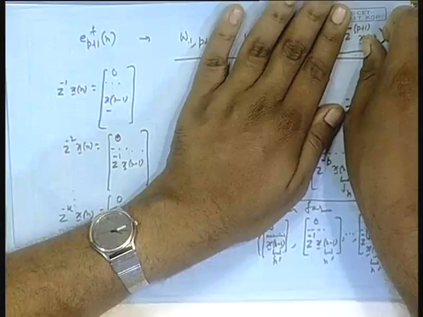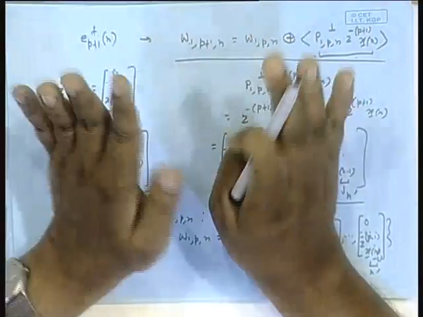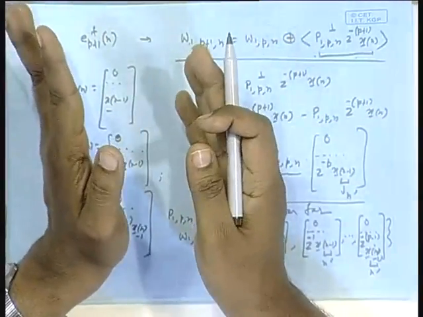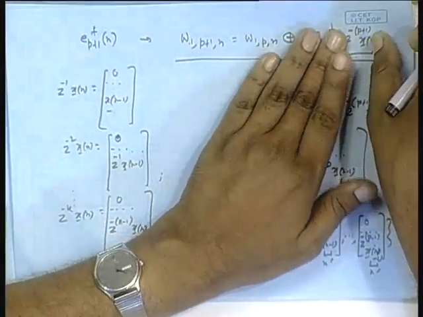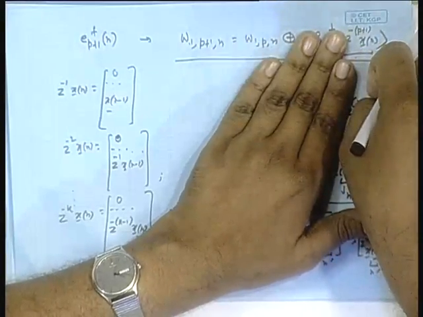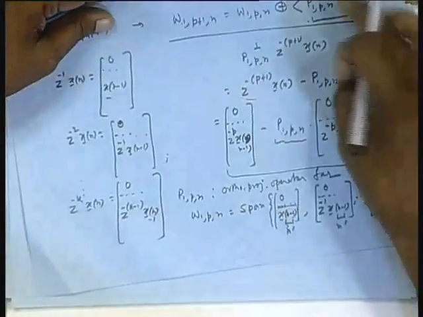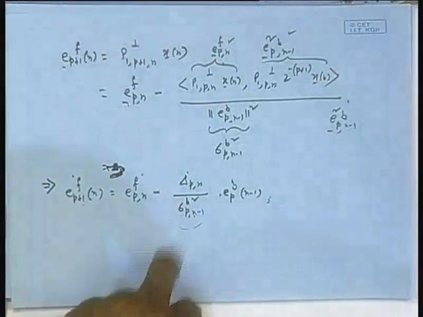Okay. If this vector is already contained in this space, that means these columns will be linearly dependent, because at least one column is contained in the space spanned by the remaining ones. That is manifesting here in this way. This vector, given as a, which is contained in this space, if you project it, the orthogonal projection error will be the 0 vector, and obviously the norm square of the error vector will be 0, and that will manifest here.